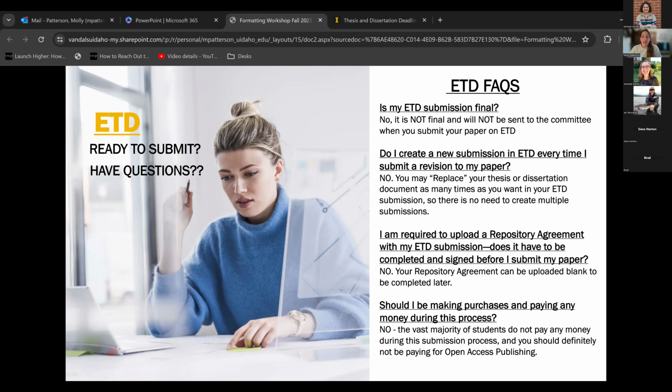Formatting can be obnoxious to deal with, particularly at the end. So the sooner you integrate the rules and the sooner you get me to double check that, the sooner you can fix those things or stop doing something that is wrong way earlier, so that you're not up against the wire when you're trying to finish. So